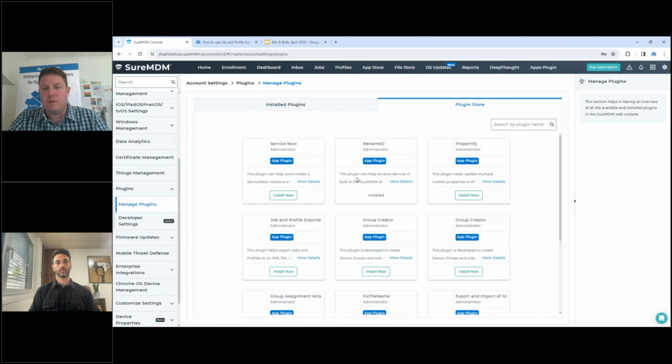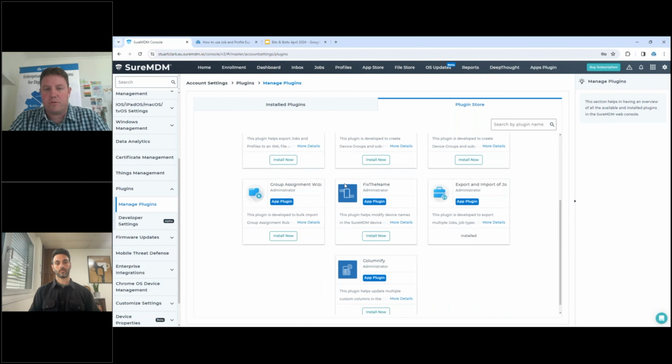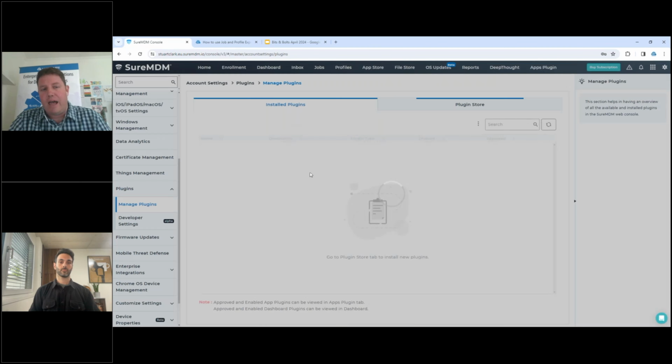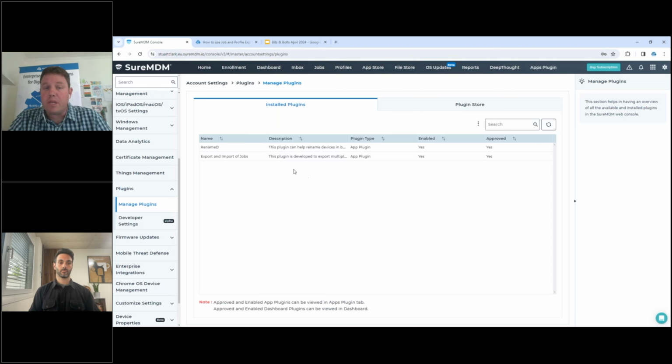And you have the possibility to be able to scroll through and select and enable any of those that you would choose to use within this environment. I have one enabled that does some renaming, bulk renaming of devices, and then the second being the export and import of jobs. And please make sure that when you add them, you do enable them. You can have them added but not have them enabled, and then they will no longer pop up within your